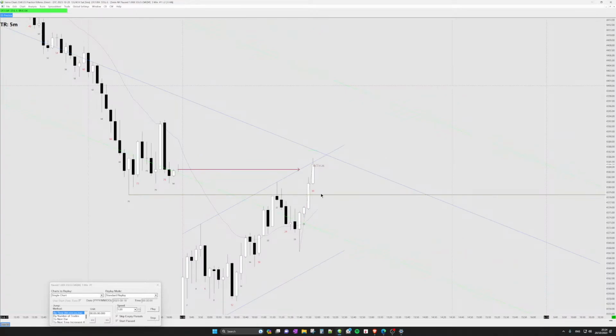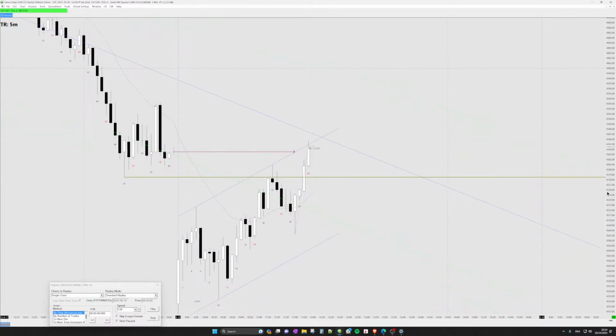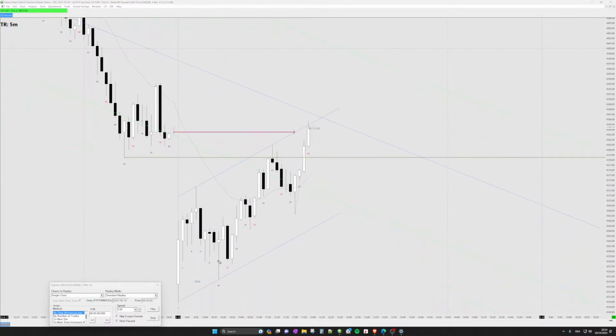So this is something that I am thinking about as the setup idea. For example, this is the channel, drawn from the AB, and this is the C projection. So this is the trend line, this is the projection of that trend line. The last time it came, there were sellers, so it's confirming that this channel is valid. So now you have a higher probability that there are going to be sellers again, as it was here, and now it is like the wedge on the higher time frame.